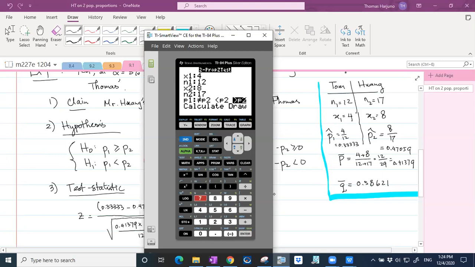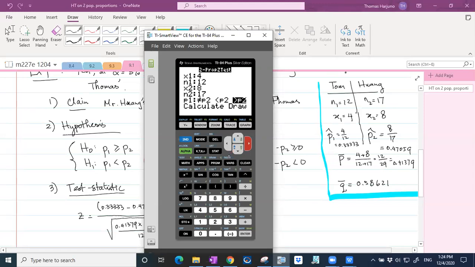Oh, by the way, from here, can you see that the number of students passing Mr. Huang's class is twice the number of students passing Thomas' class? Notice if I say it that way, it sounds like Mr. Huang is very good and Thomas is really bad. I mean, Thomas is bad, right? But saying it this way makes Mr. Huang look really good. The number of people passing Mr. Huang's class is twice Thomas' passing, right? But then when we do the hypothesis testing,